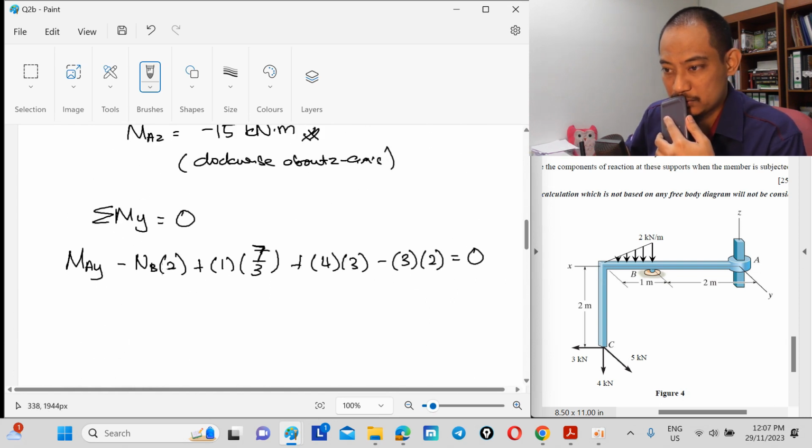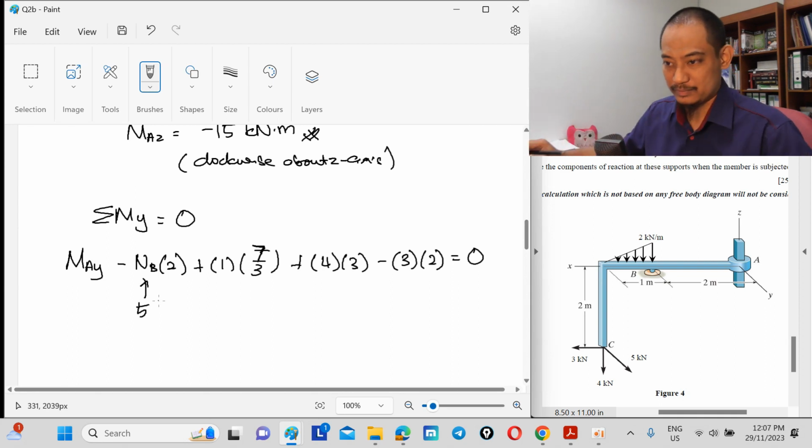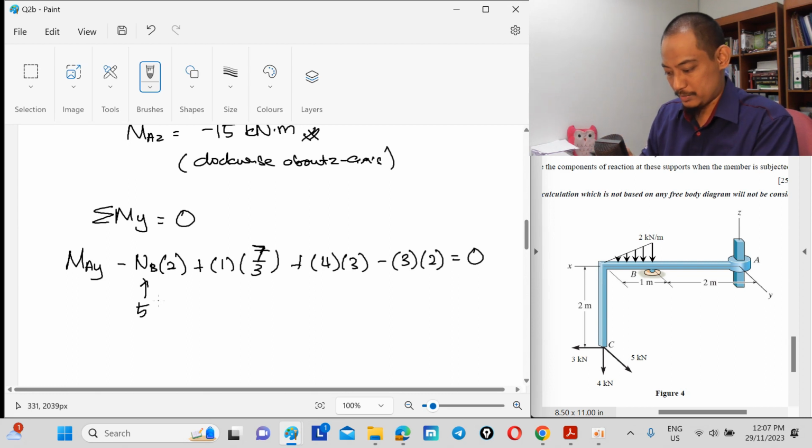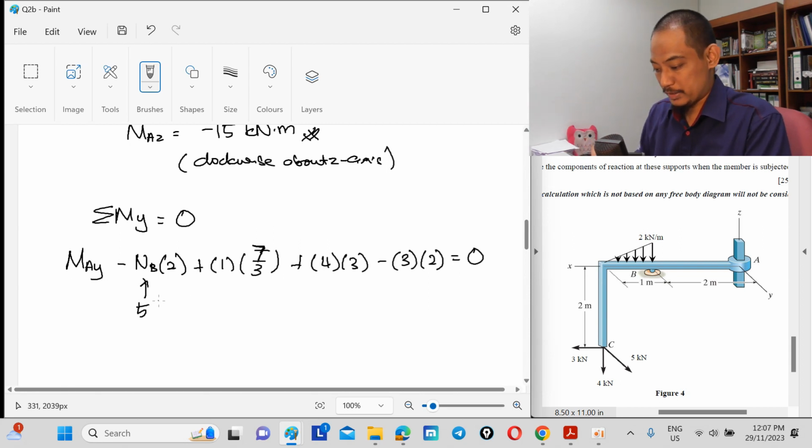So I should rewrite, but to calculate: minus 5 times 2 plus 7 divided by 3 plus 4 times 3 minus 3 times 2. We got minus 5, bring MAY to the other side, it becomes 5 over 3